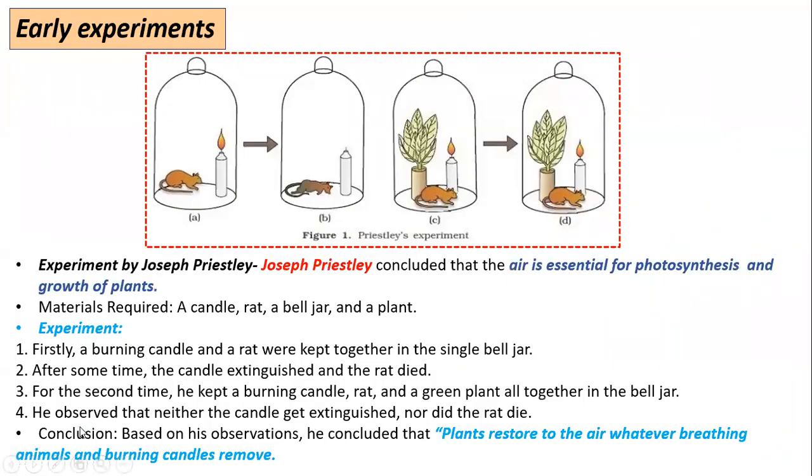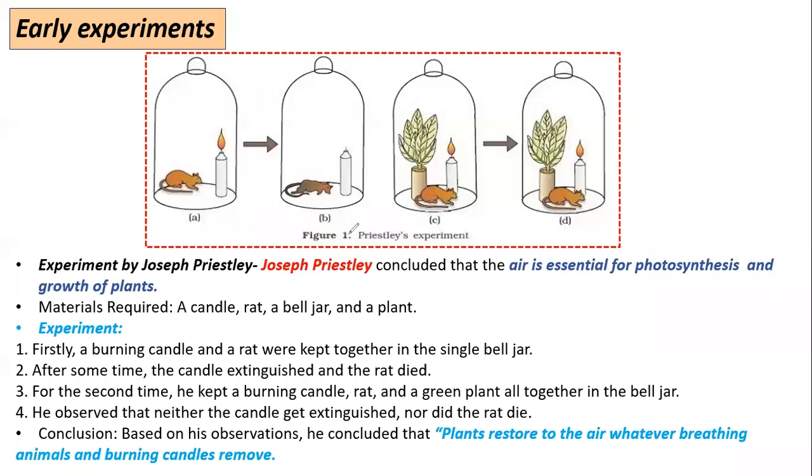Now we have to study, listen very carefully, you have to study the name of the scientist. You have to study about some experimental material that he used for his experiment, if there is any. Specifically, if there is any, you have to study about the experimental material that he has used for his early experiment, the name of the scientist, and what was the conclusion that he gave, or what was the record that he reported. Clear? So let's discuss the very first experiment.